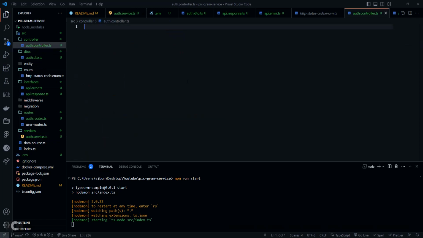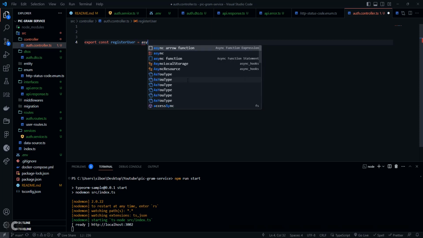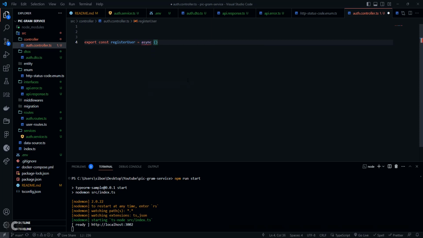So now we're going to come over here and create our actual controller. For our controller, we'll just say export our constant, right? And we'll call this registerUser, which is going to be async. This is just going to be an arrow function, async, right? And then we're going to have our request, right? And here we can just say, let's see. So here we're going to say that all